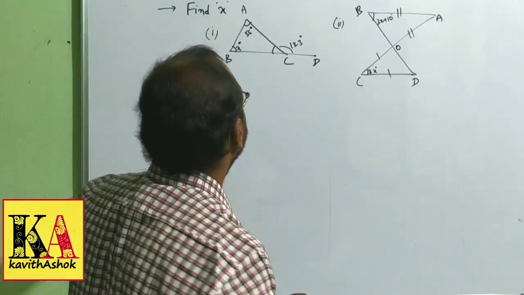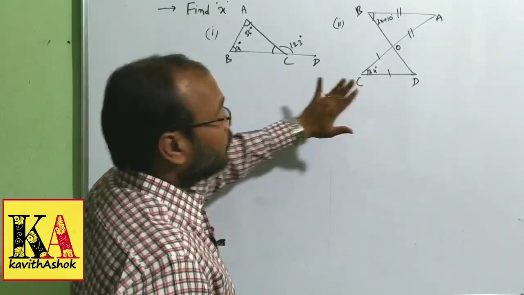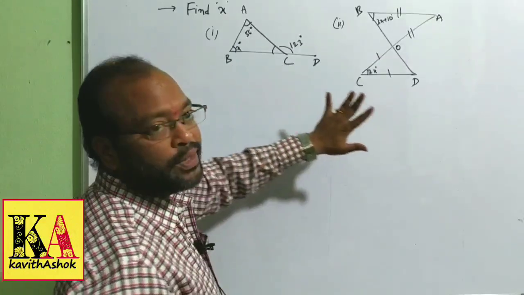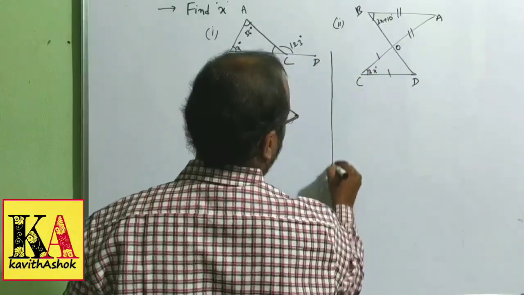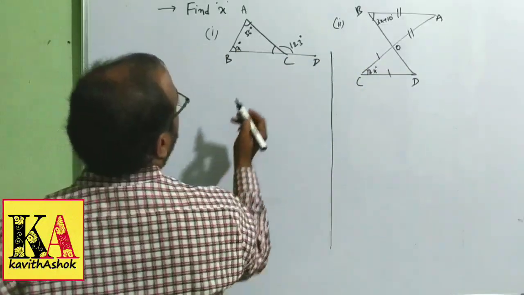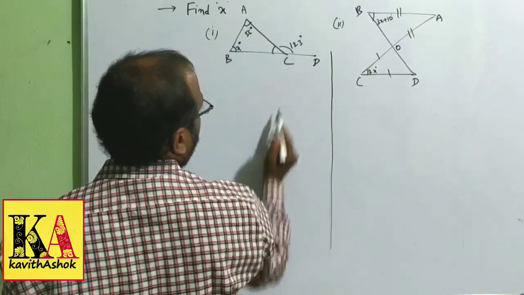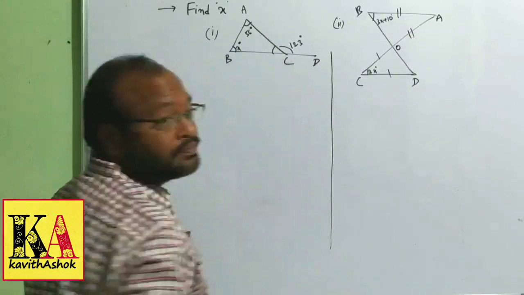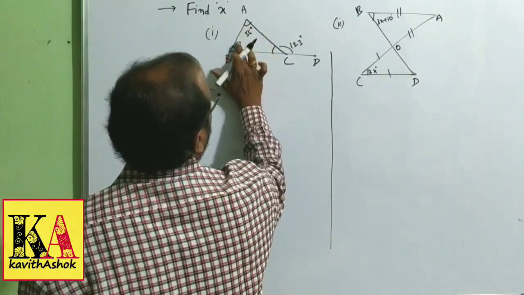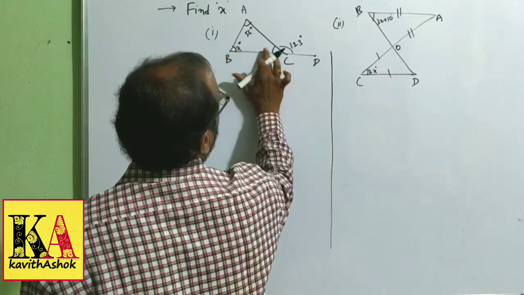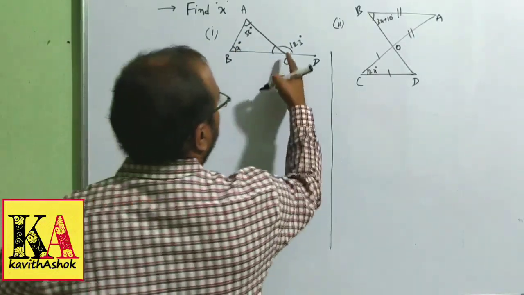Yes. Look at question number 2. Find x. Two diagrams are given. We have to find out x value by using the properties. First, take the first one. What is given here? This angle is given, this is x degrees and this is 123. We have to find out x. This angle and this angle, these three angles are interior angles in a triangle and this is the exterior angle. We have the exterior angle property. What is it?